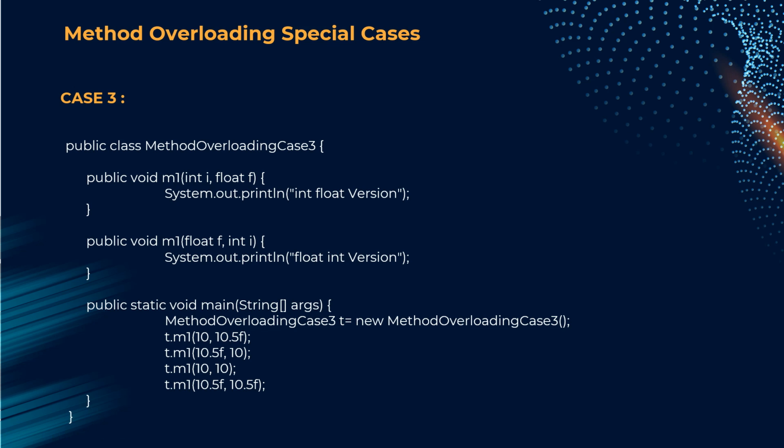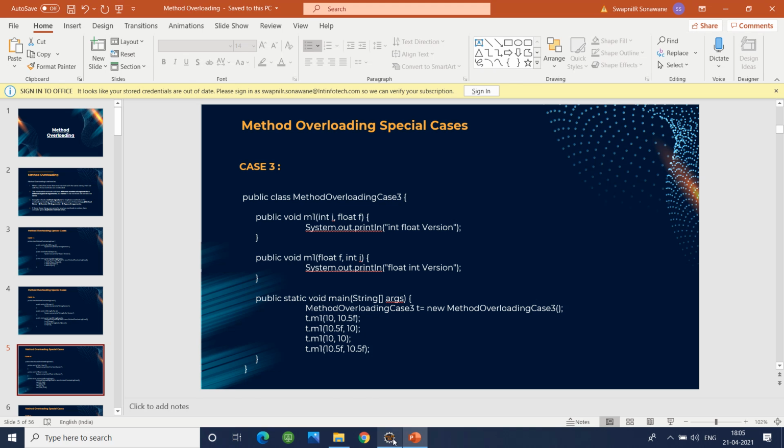in this case we are passing two parameters to both the methods, but the order is different. Okay, so in the first method the order is like int and float, and in the second method the order is like float is there and then int is there. Okay, so can you guess what will be the output? Okay, so let's go to the Eclipse,